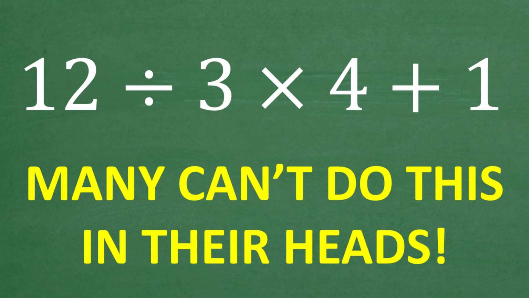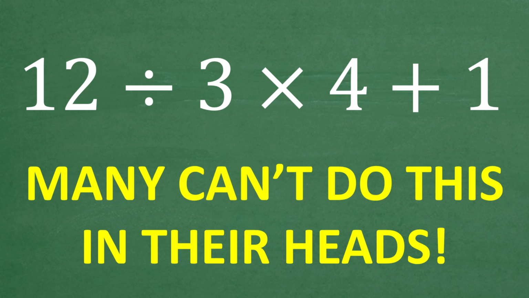The question is 12 divided by 3 times 4 plus 1. What is this equal to? Again, we want to calculate this in our heads. And a lot of you are going to get this wrong. And a lot of you think that you're going to get it right. You're like, no, I could do this. This is very easy. You're going to come up with an answer, and it's going to be wrong to your